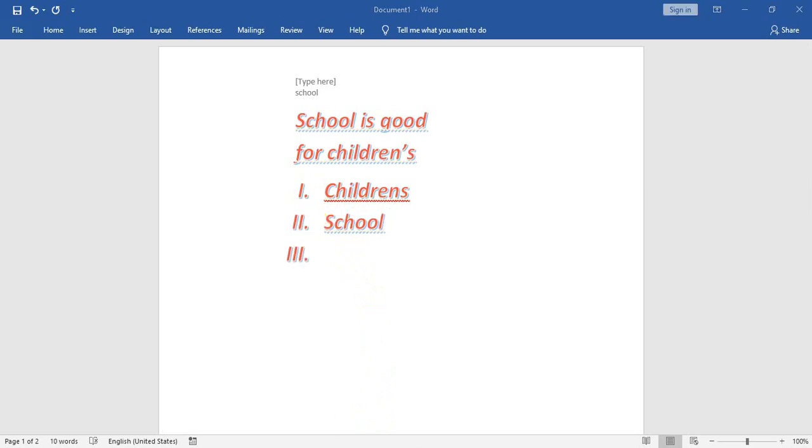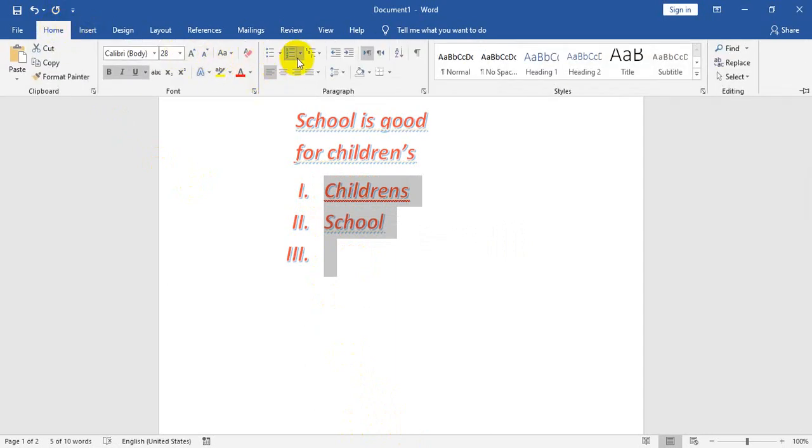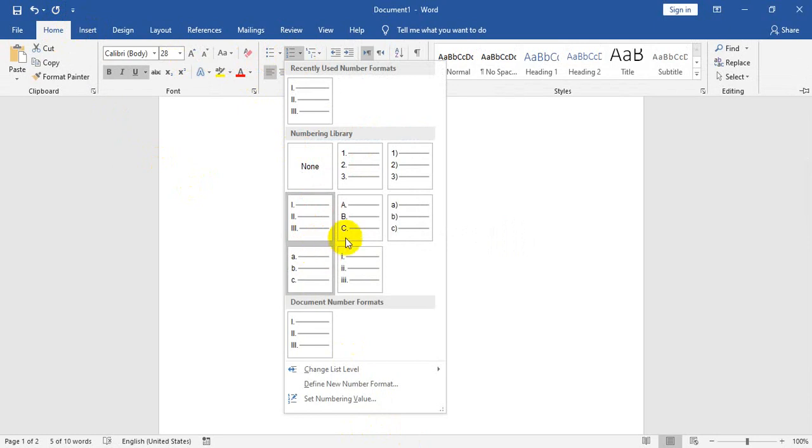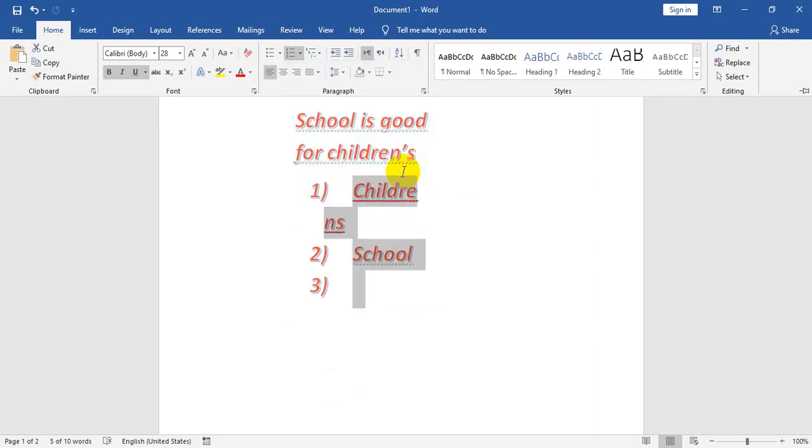In this way you can give the numbers. You can also change the numbers by selecting all the numbers and then selecting any number type. For example, sometimes you want to write in small Roman, or you want ABC or 1 2 3 4 5 6. Similarly, you can change the numbering.